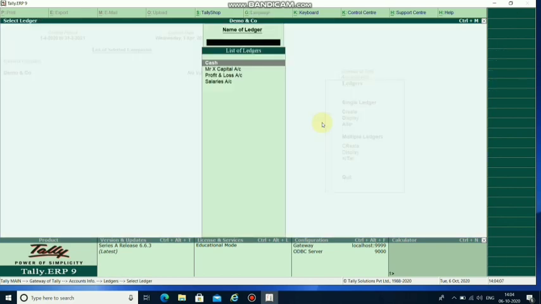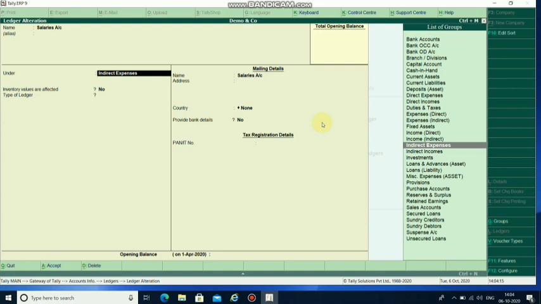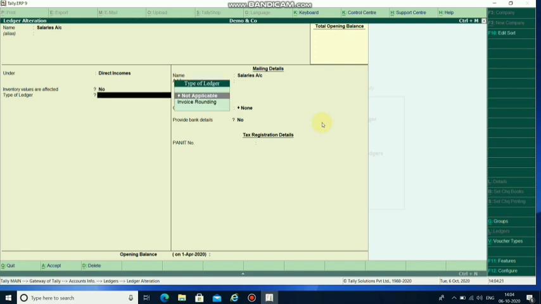and alter. If any changes are needed, we can get into the alter mode and make the necessary changes, like changing the group from indirect to direct, anything like that.